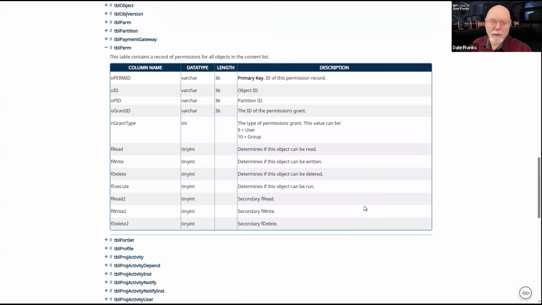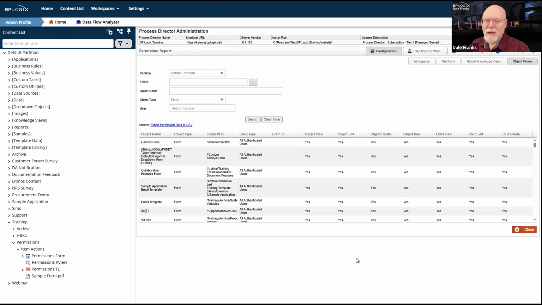As a system administrator, you can get an overview of the permissions simply by going to the Object Perms page in your Process Director installation, which allows you to search a particular partition, a folder, a particular object, an object type, or a particular user to see what permissions they might have on the system.